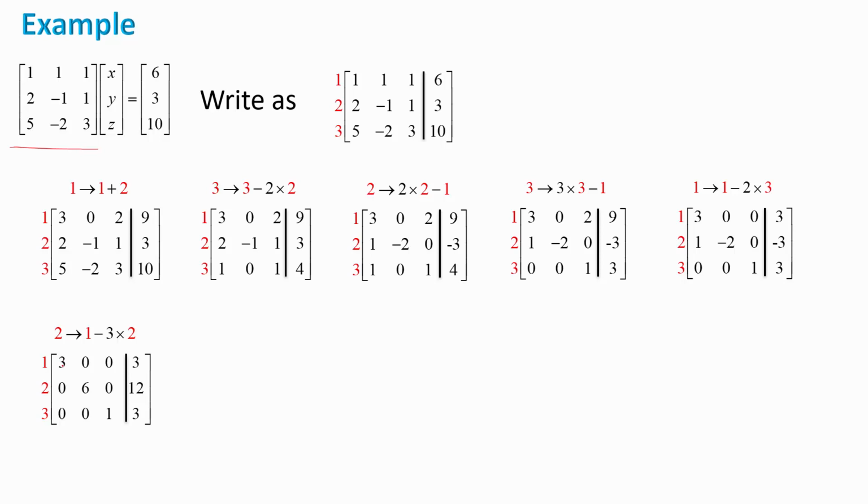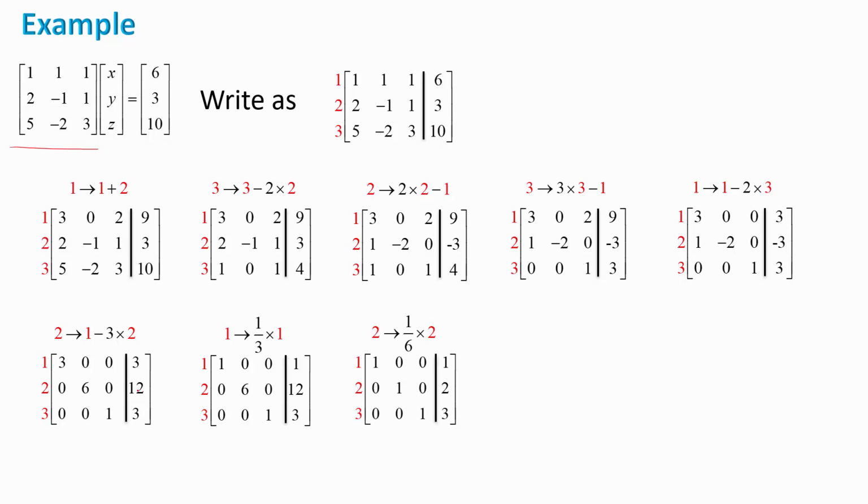So what we can do is, to change that 3 to a 1, we can divide every element by 3. And to change that 6 to a 1, divide each element by 6, like that. First divide by 3, row 1, and then divide by 6, row 2. And we have the final form of what we require. So that is now our identity matrix. And now we can read off our solution straight away. We can say then that x has to equal 1, y has to equal 2, and z equals 3,